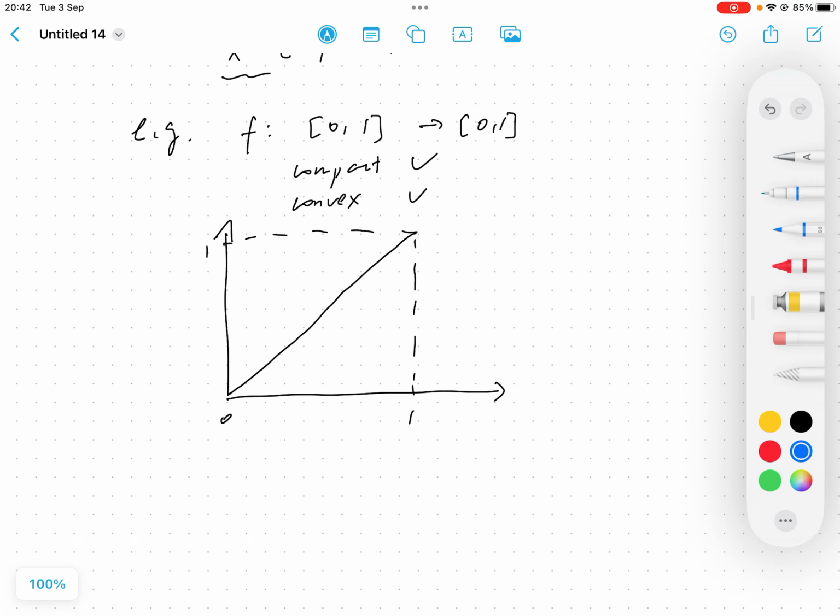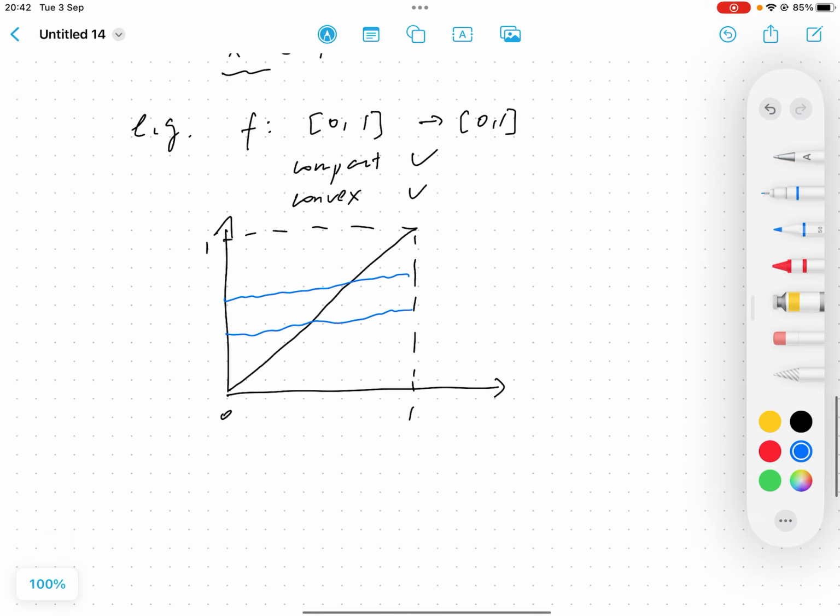Let's say a correspondence is somewhere in between those two blue lines. And we can see that the blue lines have a lot of intersections with this black line here, the 45-degree line, right? So it means that there are a lot of fixed points